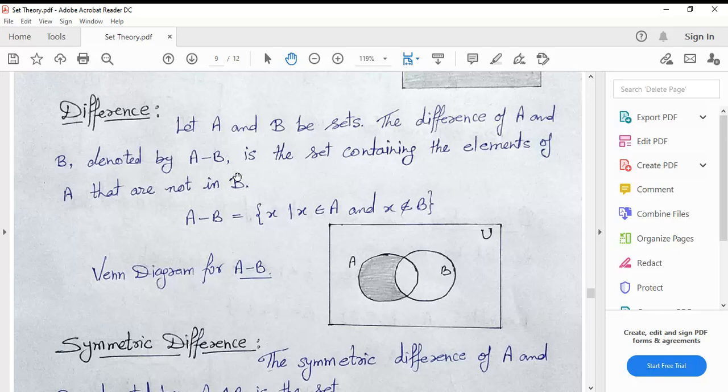We have those elements which are only in A. So the representation of A minus B is X such that X belongs to A and X doesn't belong to B. So we have to take only those elements which are not in B. So that is our difference.